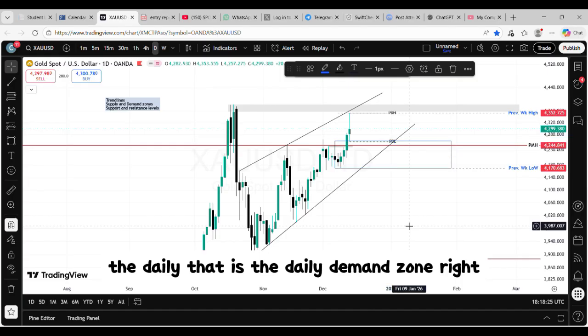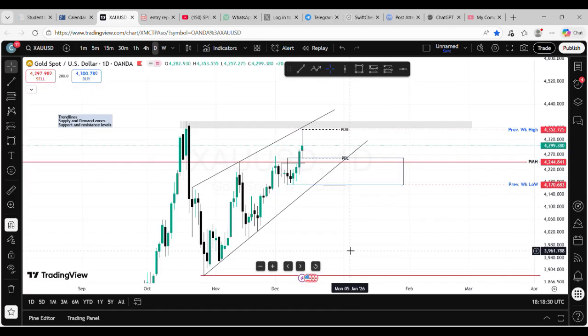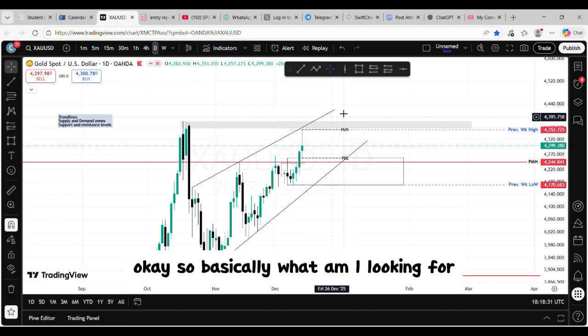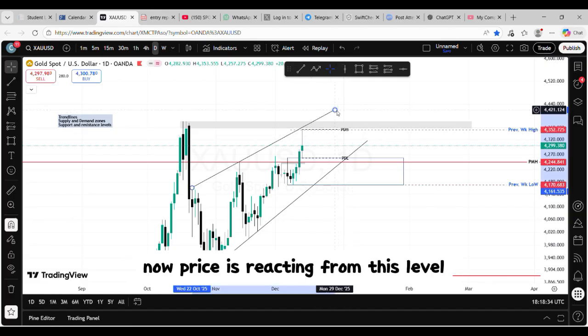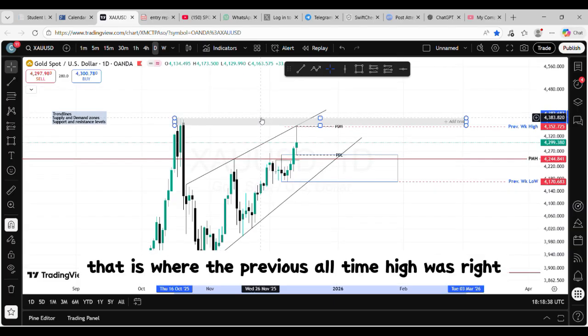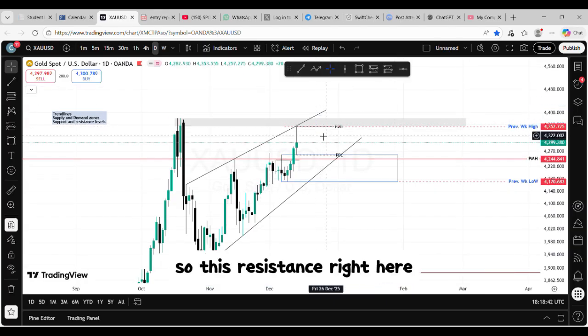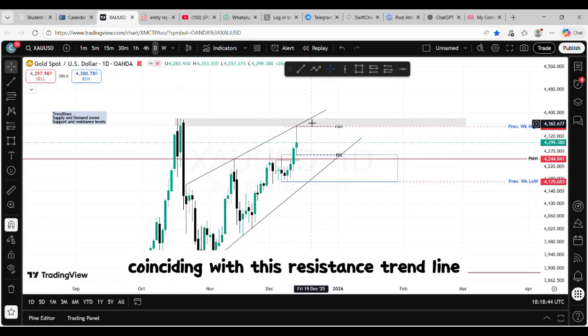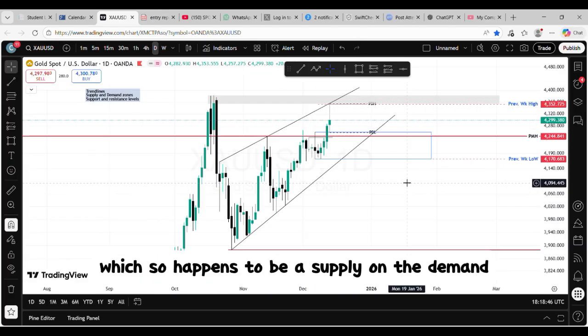That is the daily demand zone, right? Okay, so basically what am I looking for? Now price is reacting from this level, which happens to be a resistance. That is where the previous all-time high was, right? So this resistance right here coincides with this resistance trend line, which so happens to be a supply on the